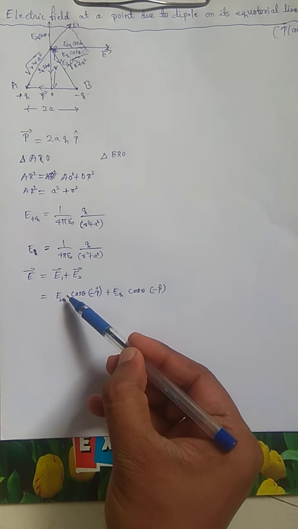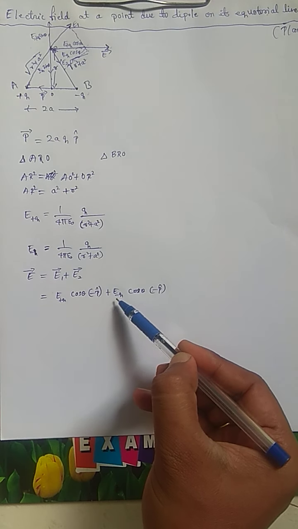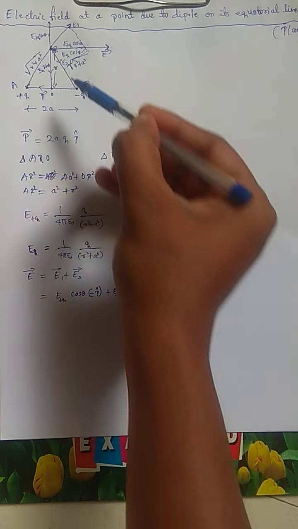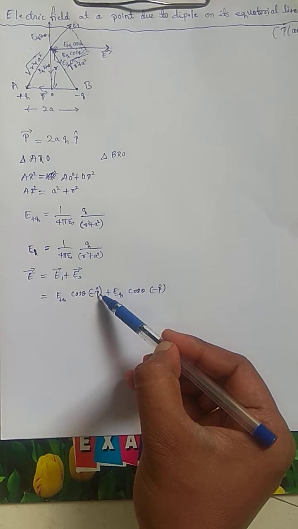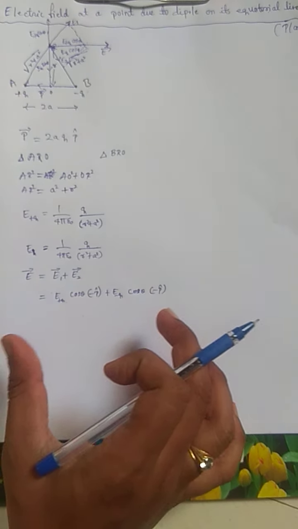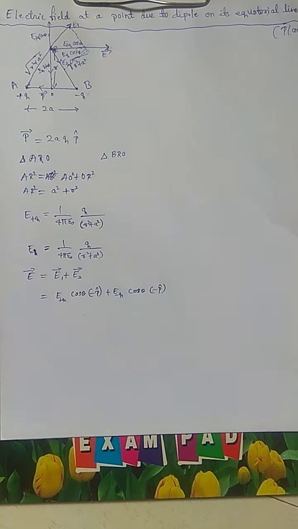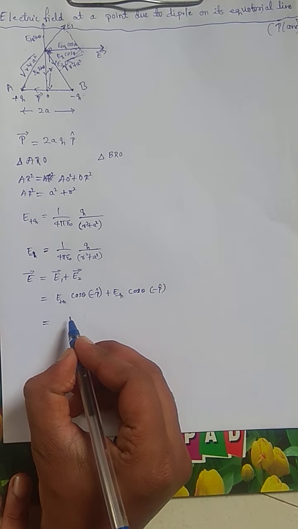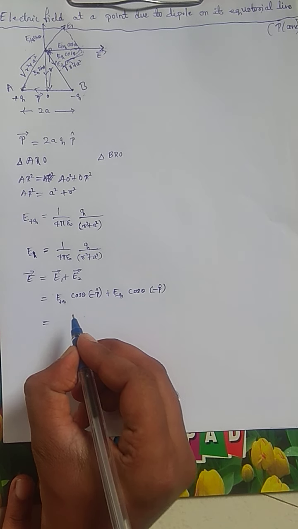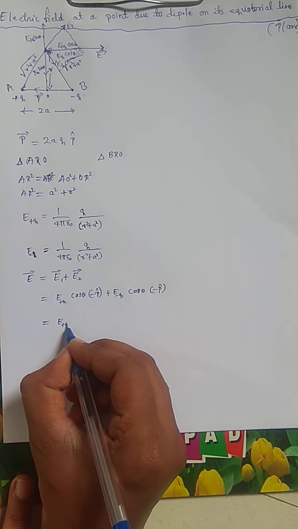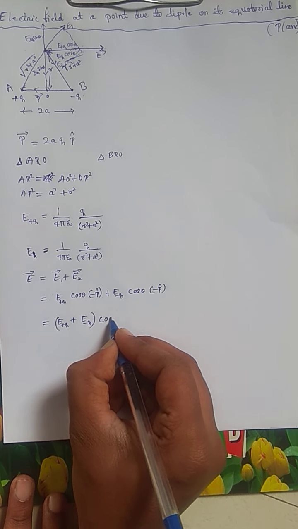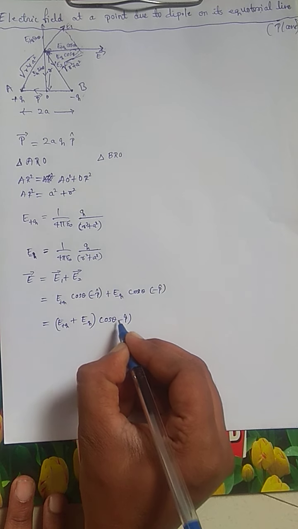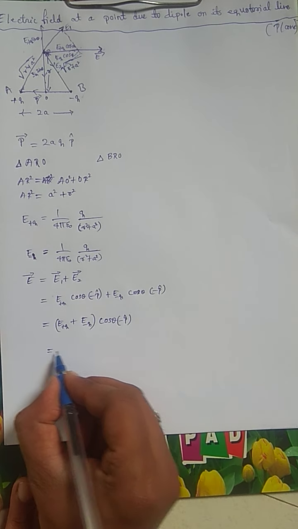We have to take the magnitude of electric field due to plus Q charge and minus Q charge, and we have to take the cos theta. We have to apply the value of cos theta, and then we have to apply the dipole moment, and make a neat simplification, and we'll have the result. That's it. Okay. So I may take E plus Q plus E minus Q aside, and I will take cos theta minus P cap as a common term, right?